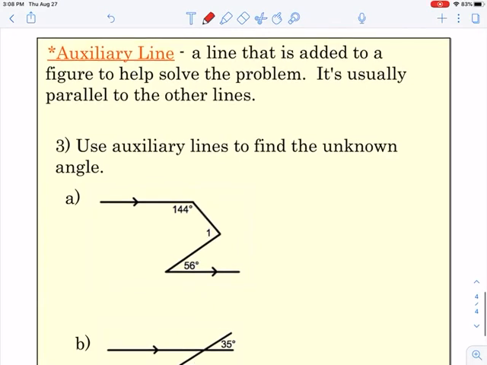And then we have something called an auxiliary line. An auxiliary line is a line that is added to a figure to help solve the problem. It's usually parallel to other lines. So we have two different examples here. All I'm going to do is draw in more lines that are going to help me find the measures